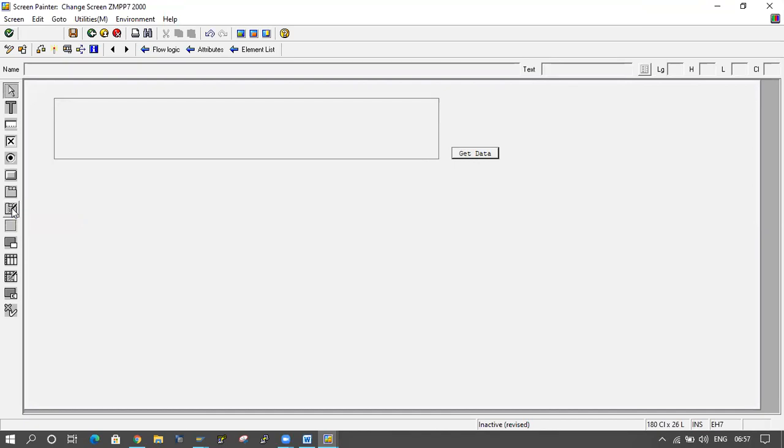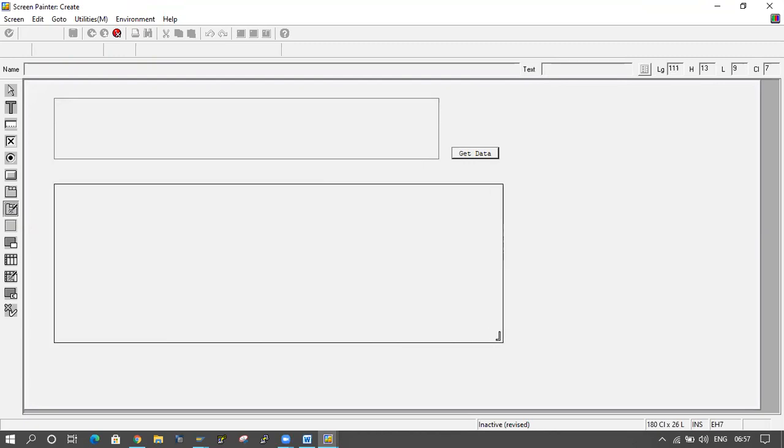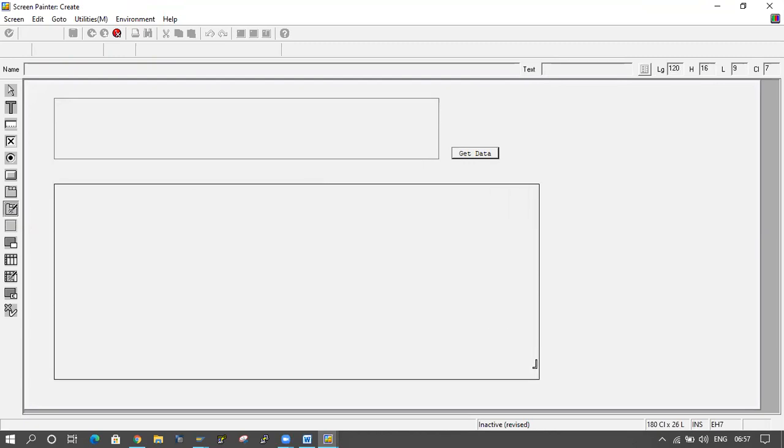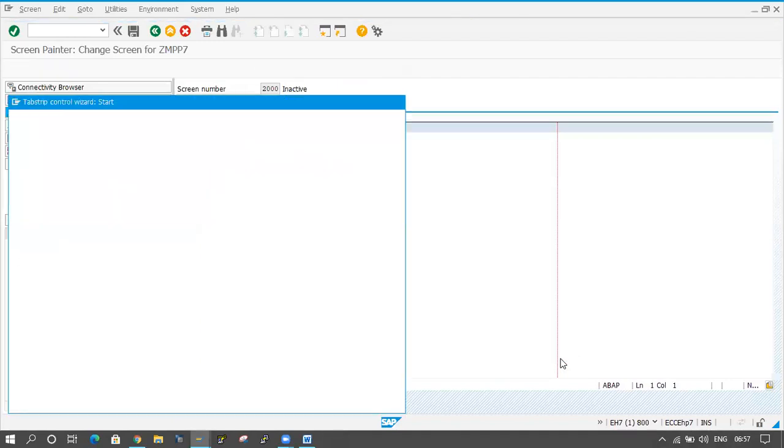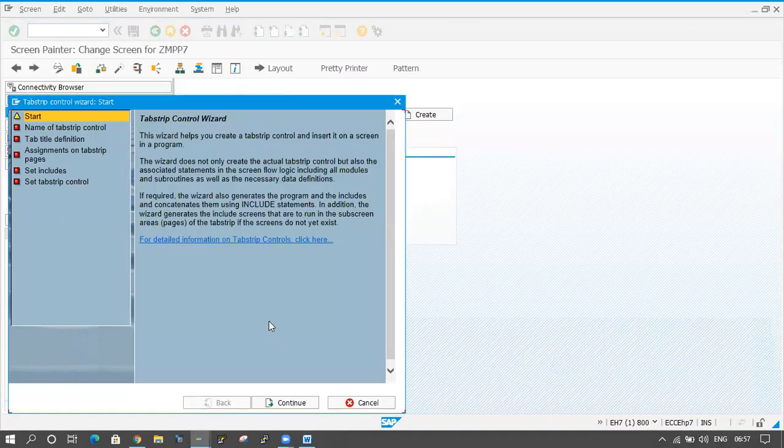I am clicking on a tab strip here, and drag and drop it to the length of the tab strip. Automatically, if you see, a screen is coming. Click on continue button.